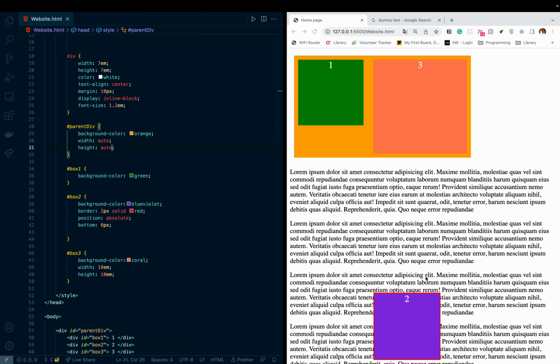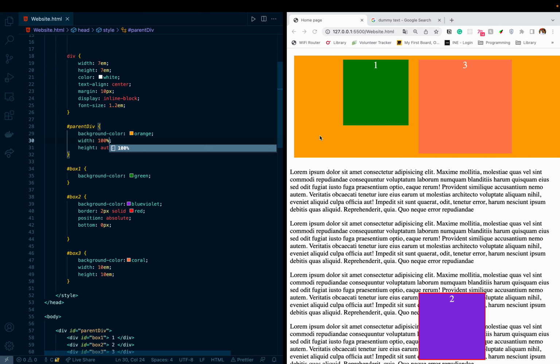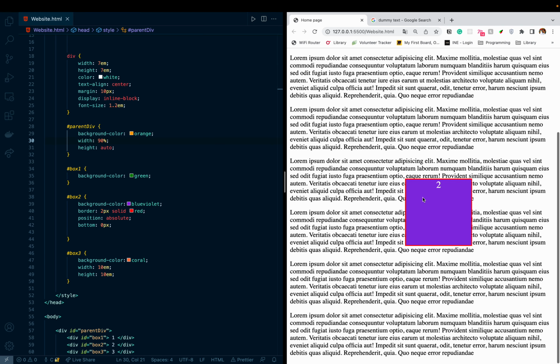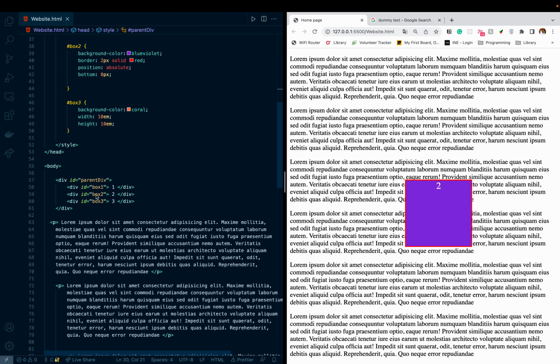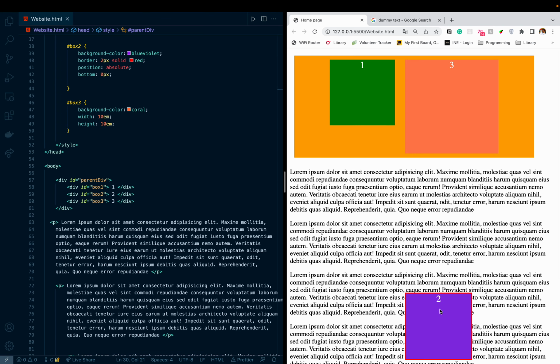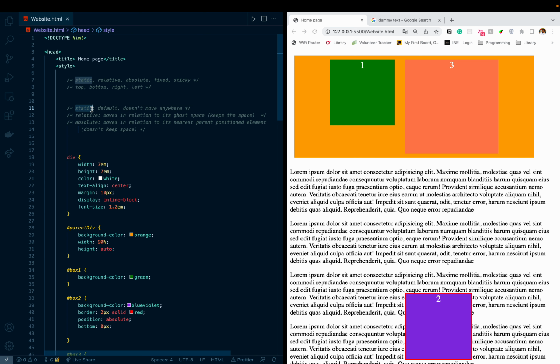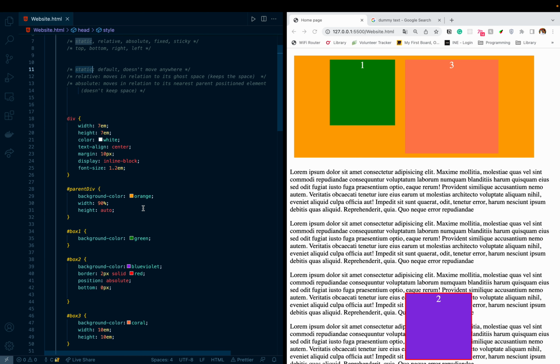But if you actually look at this, I want to make the parent width 100%. I just wanted to take the whole thing, so let's just make it 90. Great. So now you see, right now the box is still as it was before, so nothing changed except we added one more box. So it doesn't actually consider the static, which is the default. It doesn't consider that as a positioned element,